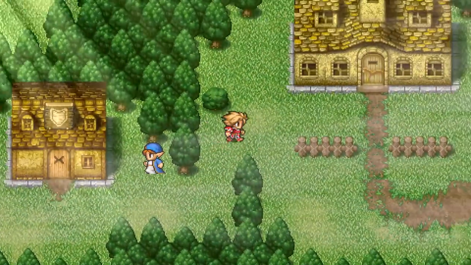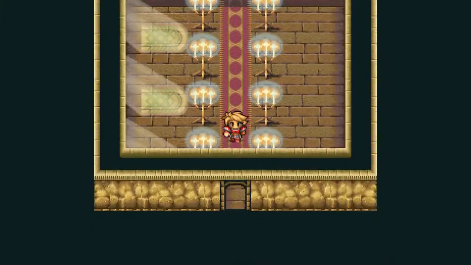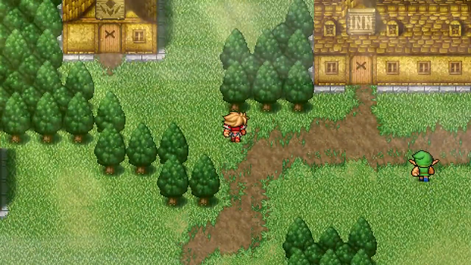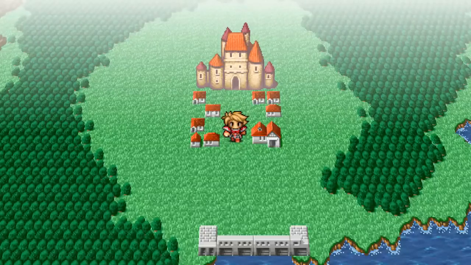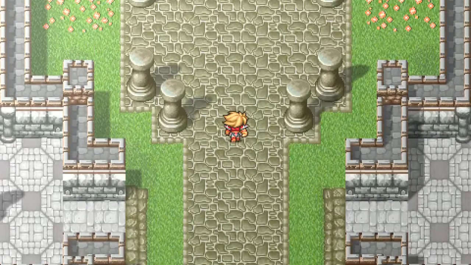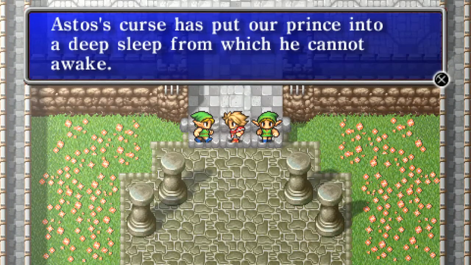Okay, so looks like we've seen everything that needs... Oh, this is church. Cool. Interestingly enough, the guy at the church is not an elf, even though everyone else is. Probably for sake of ease on the cartridge. Memory space. Alright, so this is the Elven Castle. I guess we're probably supposed to...